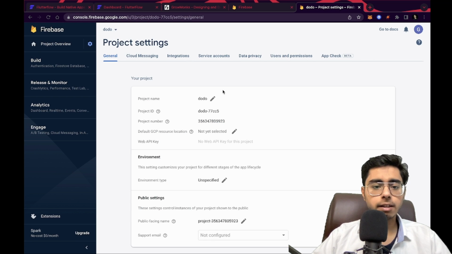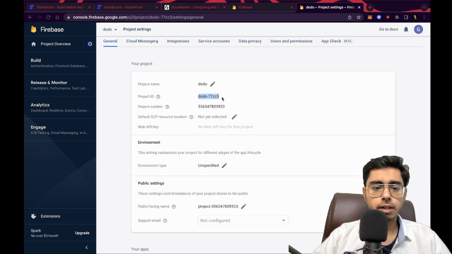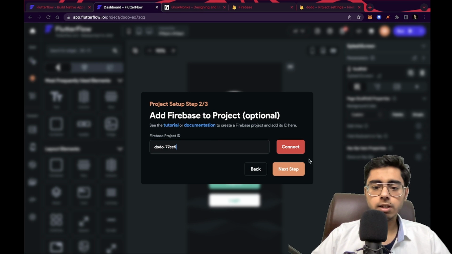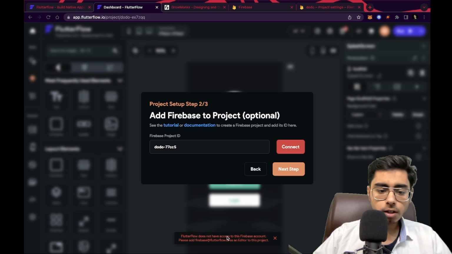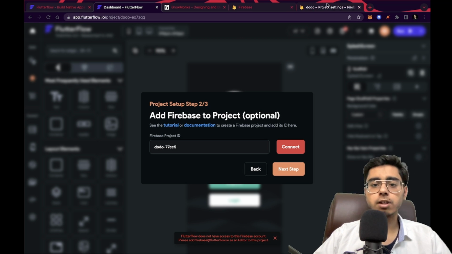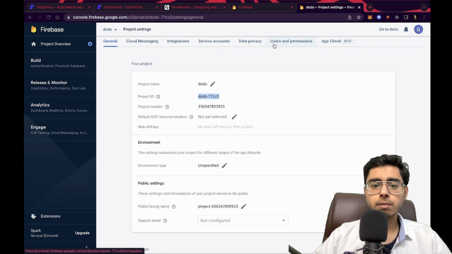So go to project settings, and this is your project ID. So let me just Control C, and over here let me Control V and click on connect. So it will be connected. So FlutterFlow does not have access to this Firebase project. Please add Firebase as an editor to this project. Okay. So what I'll do is Firebase at flutterflow.io. I'll go on users and permissions,